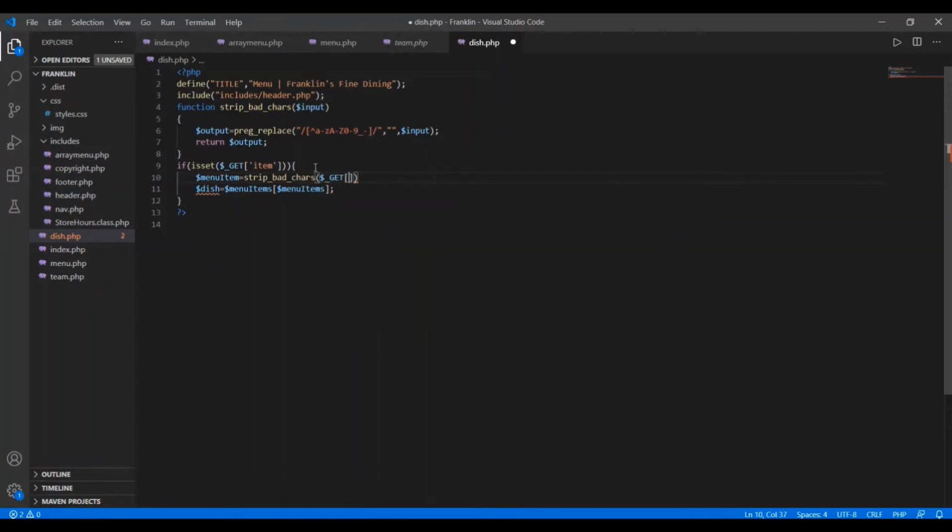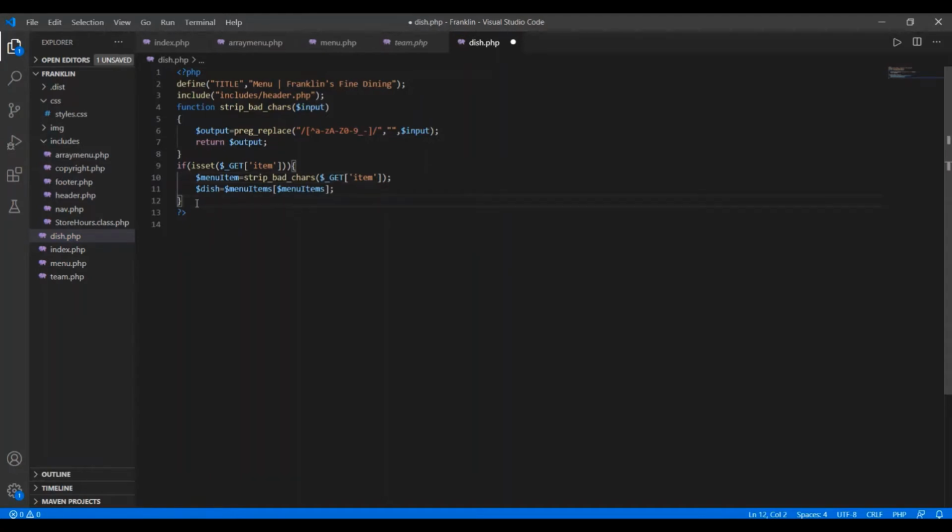Okay, that's fine. So for this again I'm using the superglobal underscore GET, and here we have to pass the value of items, or what we have declared there is key item. Okay, that's there, and put the semicolon here. This is done.